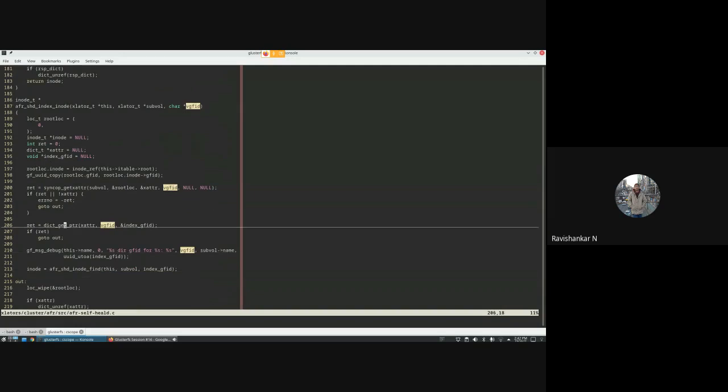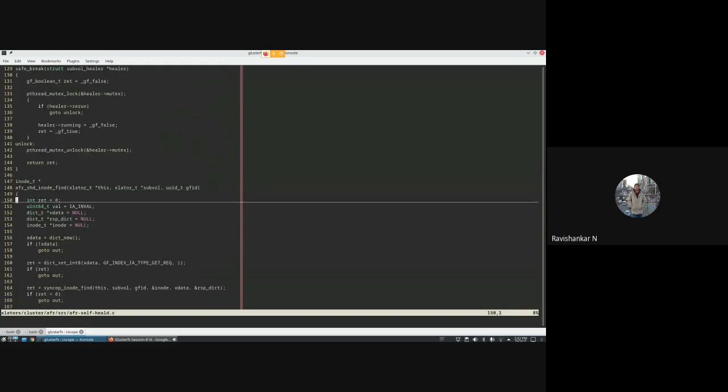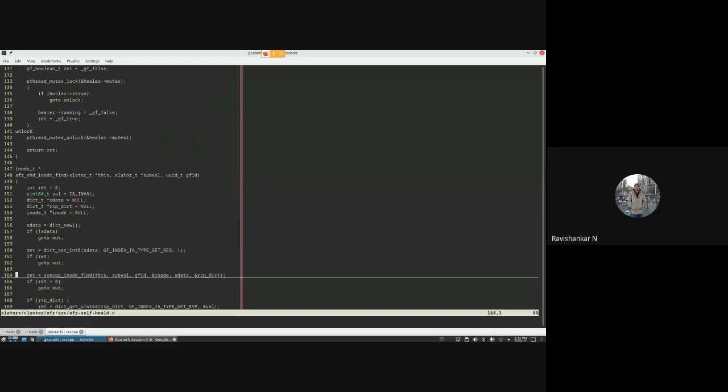Once it gets that index GFID for that particular key, we will try to find the inode in the inode table of the self-heal daemon. So what that does is it tries to find the inode for that particular GFID.